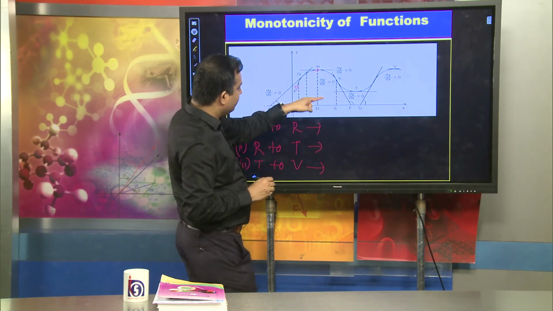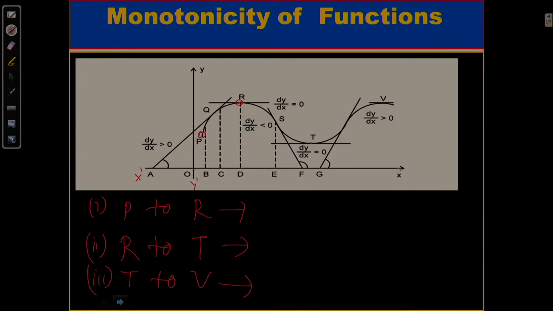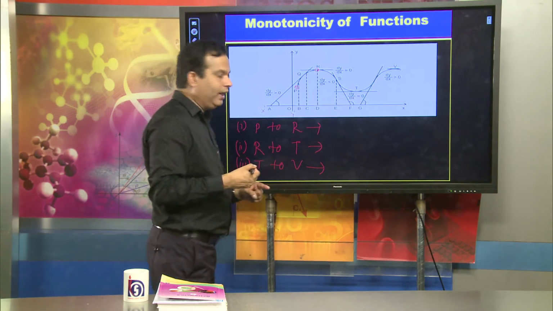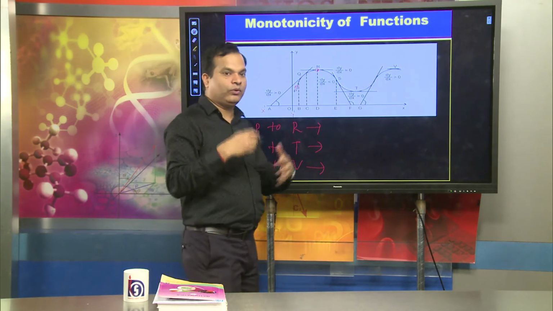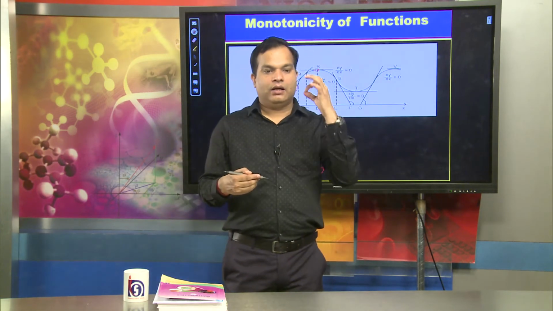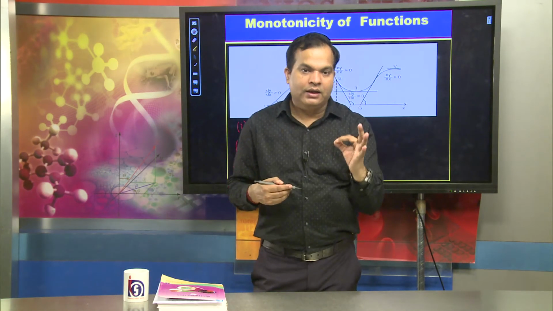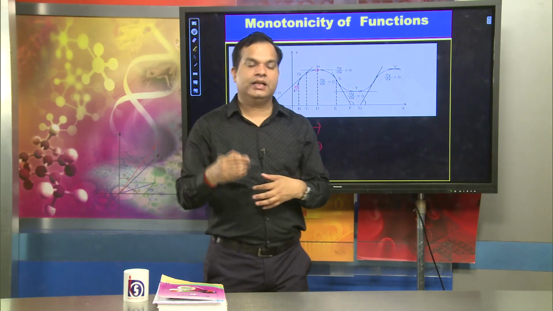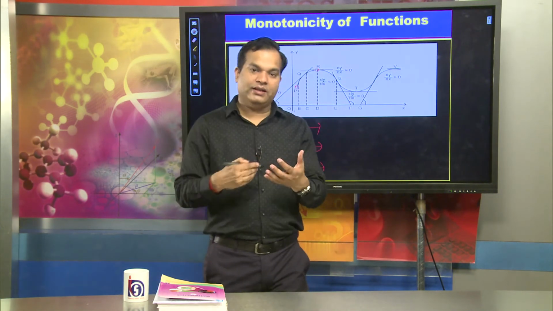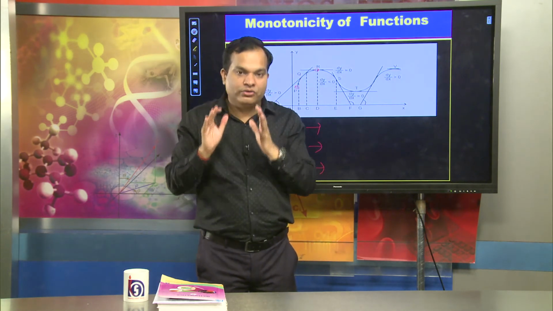And if you look at the point T, dy by dx is also equal to 0. That means the slope of the tangent of the curve is also equal to 0. So when we find the maximum point, the function has its optimum at the point where the slope of the tangent is 0. In the minimum case also it is 0. That means the slope of the tangent of the curve, dy by dx, is equal to 0.